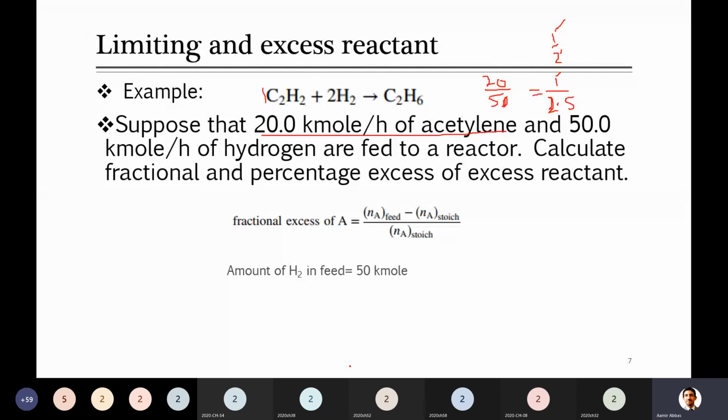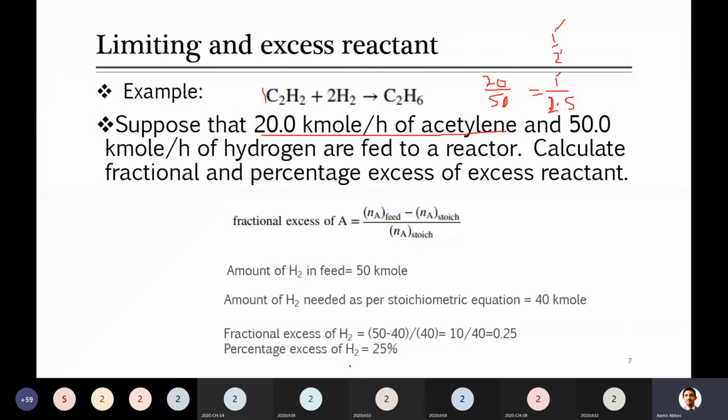So it means when 20 moles of acetylene are there, they will be completely consumed. The limiting reactant is completely consumed, but one is in excess, that will still be left over. So when the limiting reactant is completely consumed, you can see limiting was acetylene, and for 1 mole of acetylene you need 2 moles of hydrogen to react with this. And when you have 20 moles of acetylene in the given question, it means you will need 40 moles of hydrogen or kilomoles of hydrogen for this reaction. So then you just have to put the values in the equation. Is it clear now?